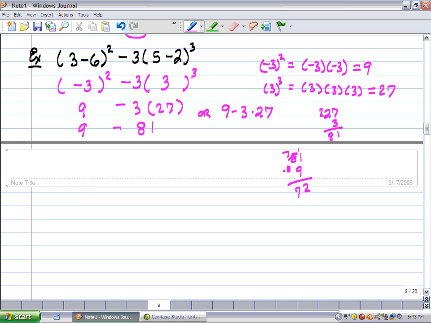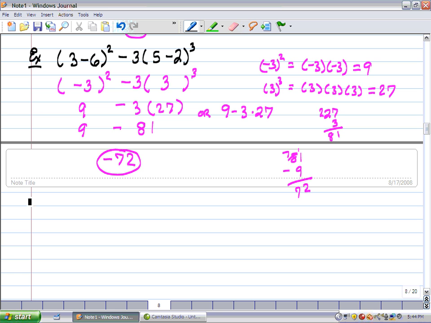Yeah, except I had switched my signs up here, so really the top one was negative and the bottom one was positive. So this should really be a negative 72. So when I went to work out my subtraction by hand, I subtracted backwards to find out what my negative answer would be. Okay, now remember, fractions